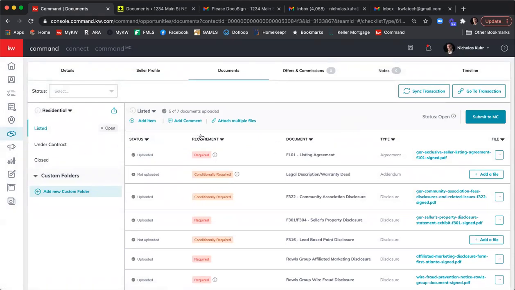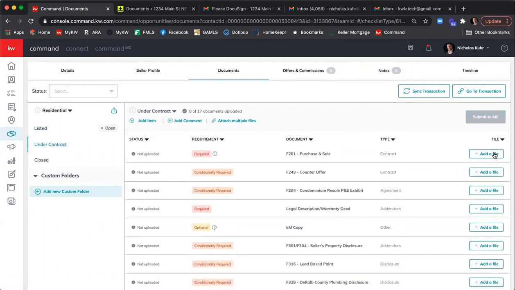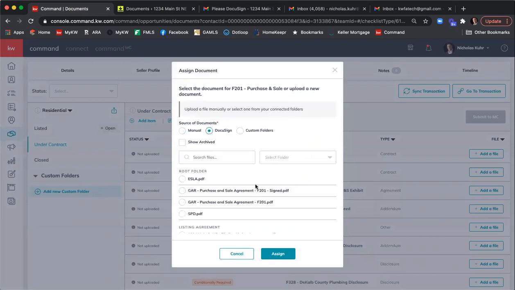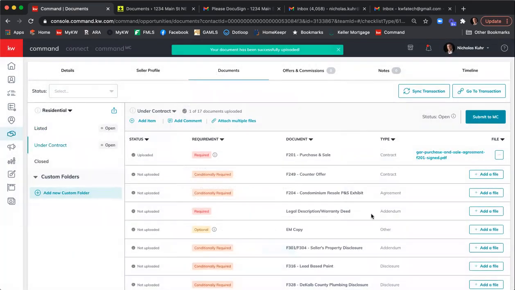If for whatever reason something happens, let me come over here to the under contract folder. Let me just add my purchase and sale agreement really fast. So I'll do GAR purchase and sale agreement signed, assign. I am the listing agent, and let's say we go under contract for this house, but then they terminate during due diligence. Well, I don't need to create an entire new opportunity or a new room in DocuSign. What I can do is click right here in the under contract folder, and it gives me the